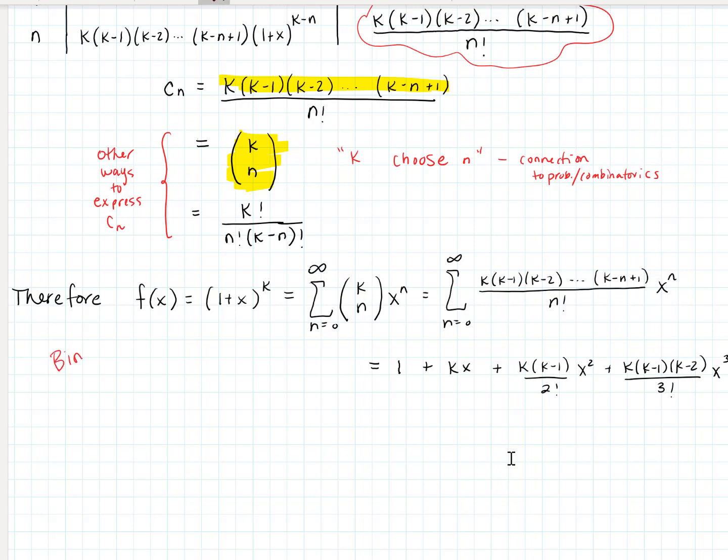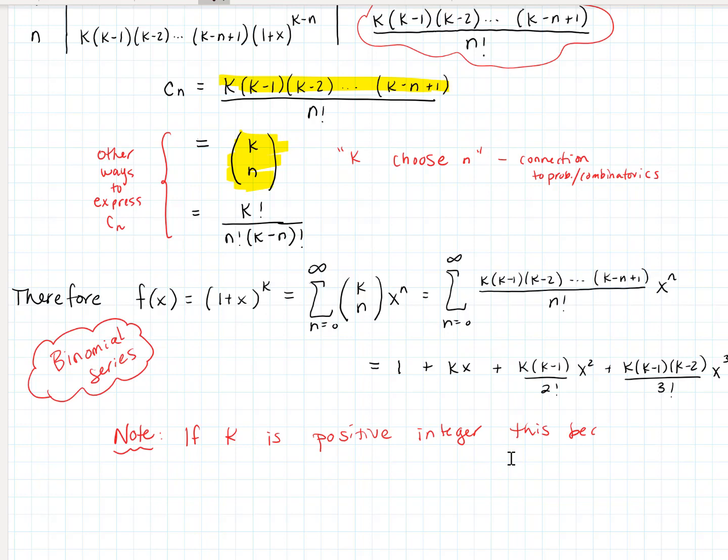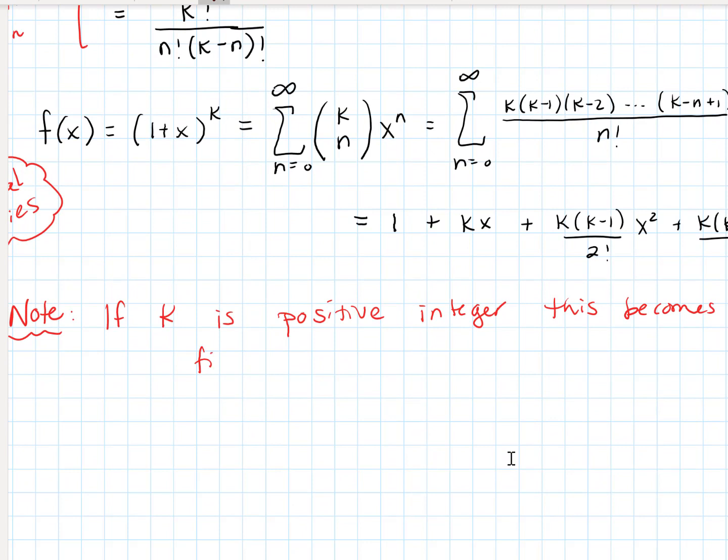And I just want to mention here for a second, let's make a note on this one: if k is a positive integer, this becomes a finite sum. And we could actually just expand using the series here, or